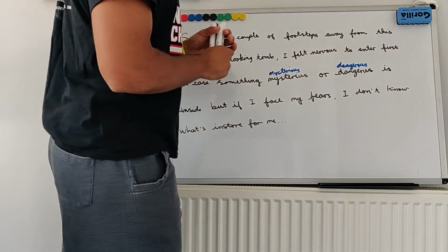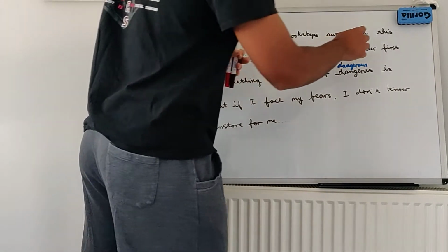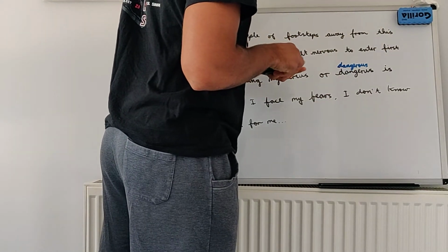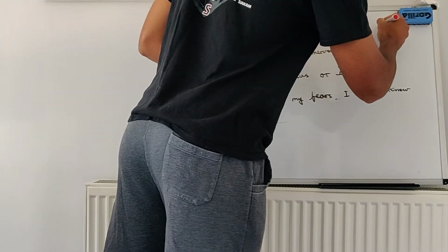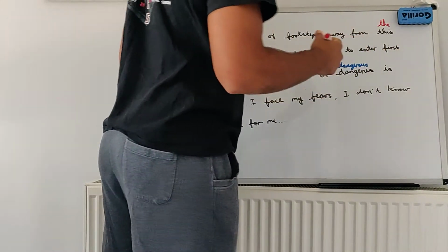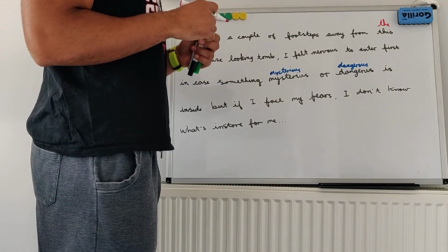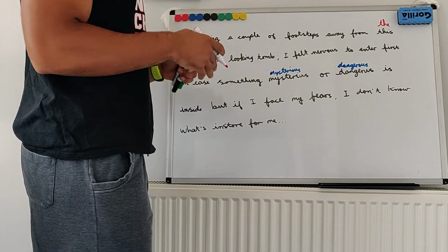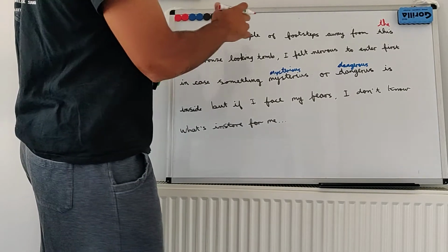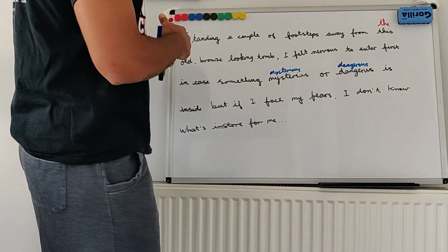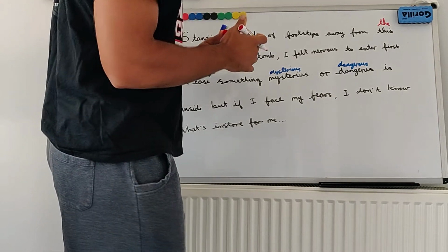And this is what I do for every single sentence. So, standing a couple of footsteps away from this, instead of saying from this, I would just use a different determiner, in this case an article, and I'm going to use my red. I'm going to use the. We use the when it is a precise thing that we are referring to. Okay, same as this, but I prefer to use the in this particular case. So, standing a couple of footsteps away from the old bronze looking tomb,